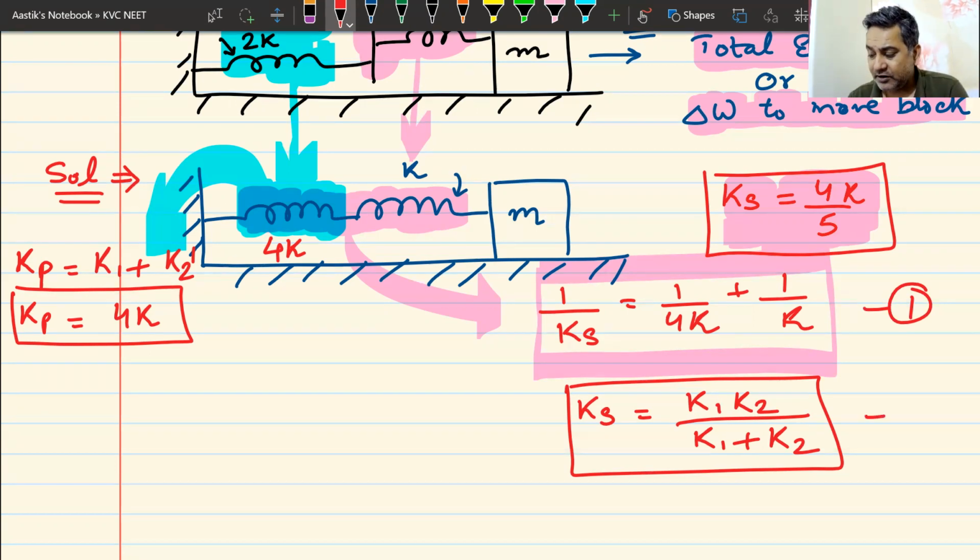I can get to the results very fast. Both the formulae, formula number one or formula number two: in formula number one, I put the value of k1 and k2. If instead of k1 and k2, I just rub them off, 4k and this k, I just write 1 by k1 plus 1 by k2. Formula number one and formula number two are exactly the same. Formula number one is written in the original form. Formula number two is the simplified version of the original form. Am I clear? Can I have some raise hand that we understand this, sir?